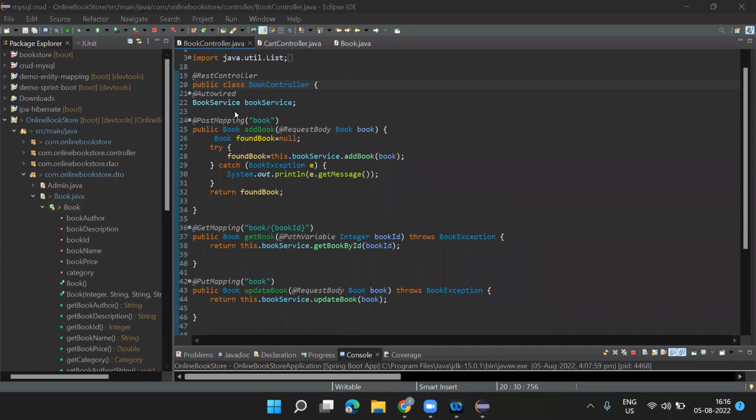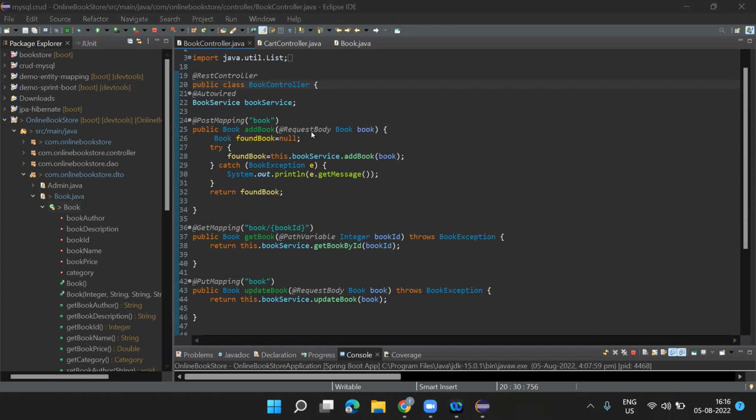Okay, sir. So this is a post mapping. Book is the URL through which we'll call our method from the outside system. So I've implemented the API. When the system receives any call on this URL, it will go in, and there is the request body annotation.